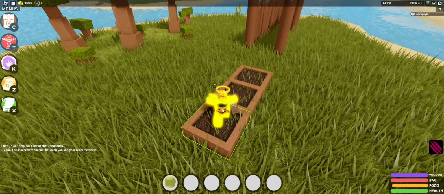Today I'm going to be explaining the plant box rotation glitch, or aka the building rotation glitch in Booga Reborn. So what this glitch basically is, when you place down any type of building in Booga, like say a campfire, or maybe even a wood wall,